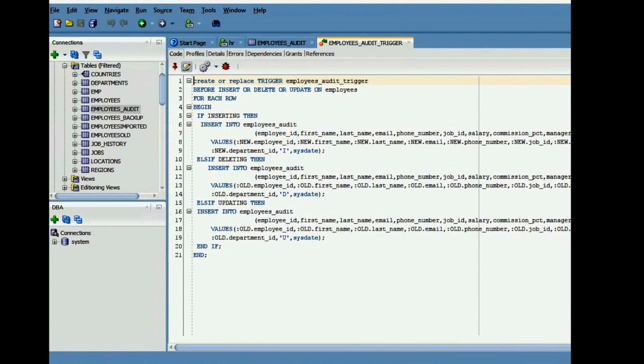Now let's create trigger. We name this trigger employees underscore audit underscore trigger. We want it to be fired before someone inserts, updates or deletes any record in employees table. We are using inserting, updating and deleting predicates that are provided built-in for mentioning what to do on specific DML